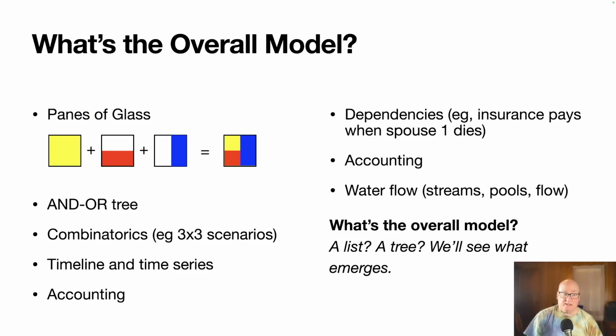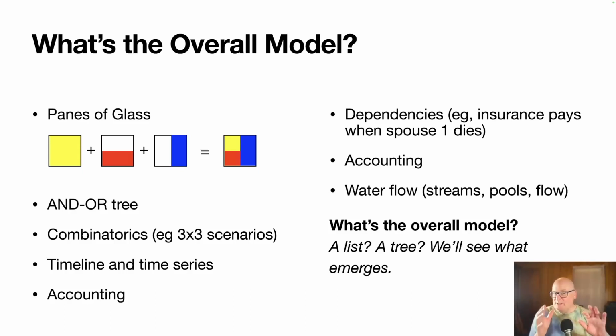And that gets into the next one, combinatorics. If I have 3 scenarios for the husband and 3 for the spouse, and then 2 scenarios for whether a spouse dies, I've got 3 times 3 times 2 possibilities. All right, now that can get out of hand very quickly, but I'm thinking, most of the time you're probably looking at 10 possibilities, maybe 100. I don't know if that's outrageous, but not millions.